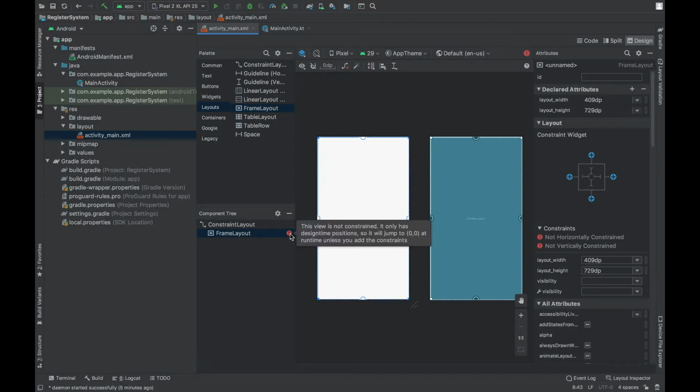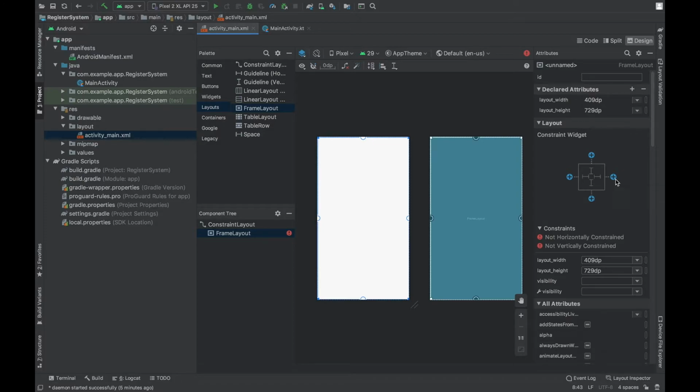By default you will see an error, that is Android Studio is saying we are missing some constraints. So on the right side on the attributes panel you can see that not horizontally constrained and not vertically constrained. Basically we have to add constraints for any element or a layout in constraint layout to position it properly. So you can click on these plus buttons here in the attributes panel to add constraints to your frame layout.